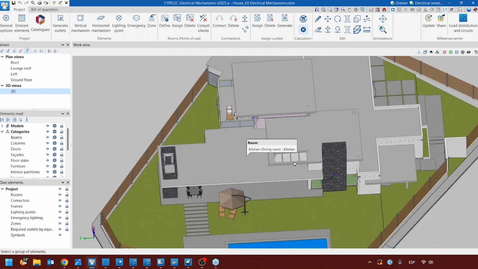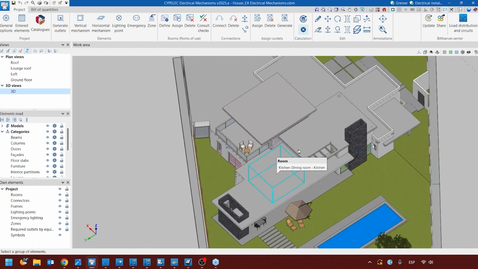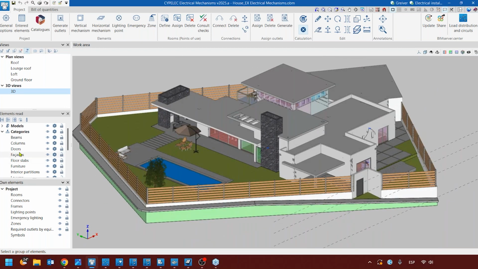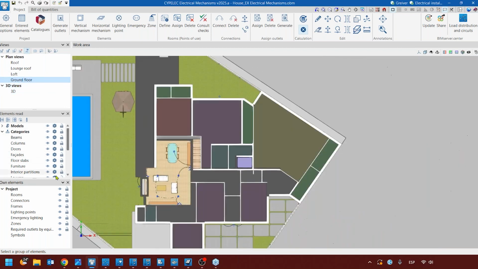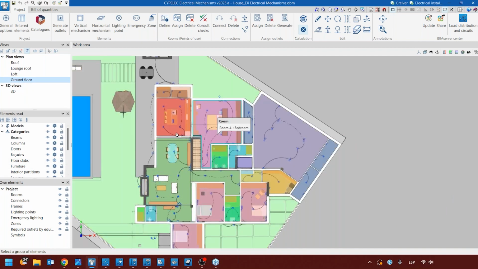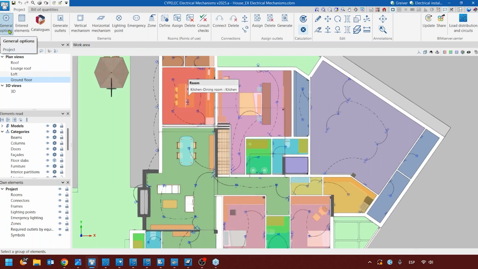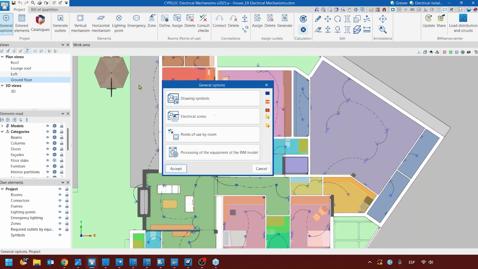This is gonna be a house. It's gonna be a dwelling unit, as you can see here. Then if I go to the ground floor, I'm gonna hide the floor slab so we can see the inside of it. Basically, the first thing when you open this software, you're gonna have to go to the general option,